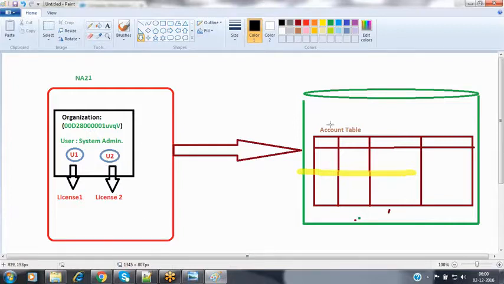Whenever a user wants to perform any operation inside the objects of Salesforce by connecting to the database, they should have a proper license. Without the license, the user cannot perform any operation. There is no concept of piracy. If you have 1 lakh users, then you should have 1 lakh licenses. If you have 10 users, then you should have 10 licenses.